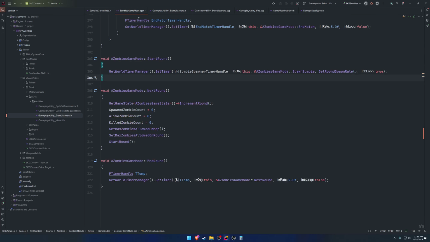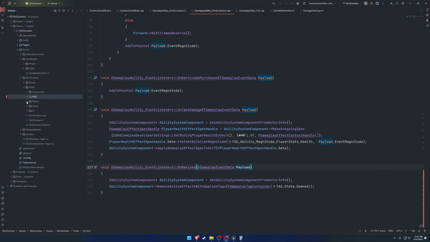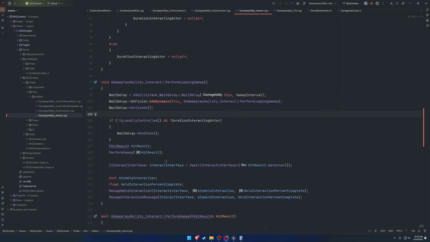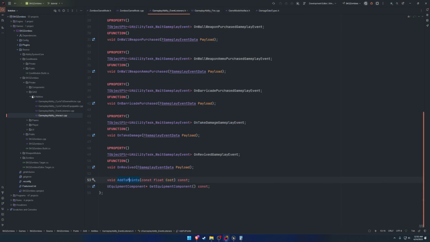So let's go to the, let's see, where are we doing the revive? That was in the event listeners. We receive it, so we know who to give the points to, because we are setting that in the payload. But I'm trying to remember exactly where we did the revive itself. It's in the interaction. So let's just go to the interact. We go through manage our held, and we make our way to call interact on the pawn. So let's look at our pawn,